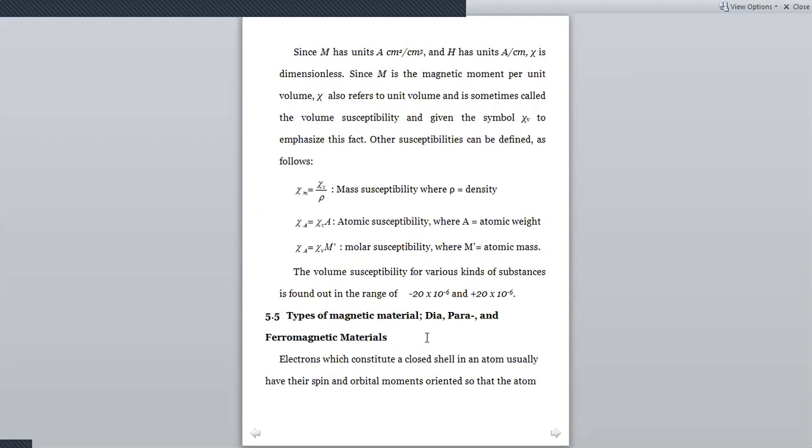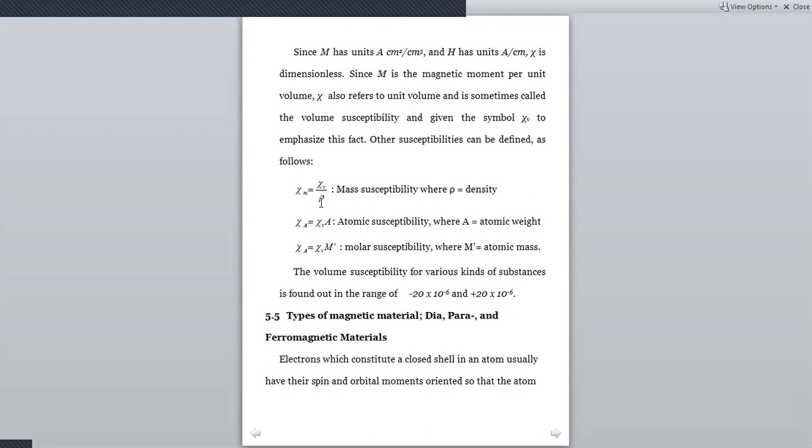Magnetic susceptibility is a very important quantity. It tells us whether the material is magnetic or not. If the magnetic susceptibility equals 0, then the magnetization may or may not be present. If the magnetic susceptibility is negative, the material is a diamagnetic material. When chi is positive, the material has positive magnetic susceptibility, and a magnetic material of this kind belongs to the ferromagnetic materials.